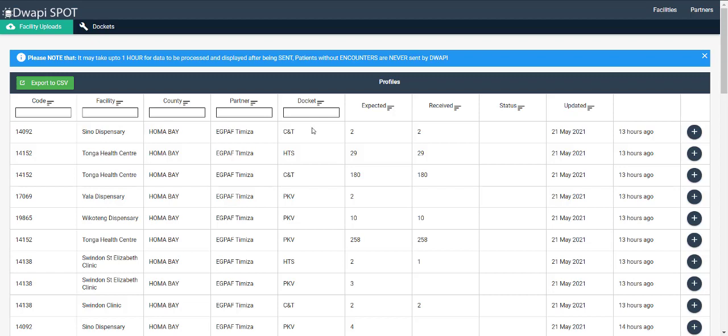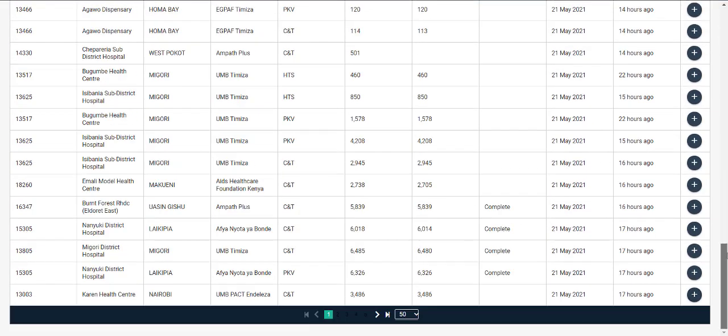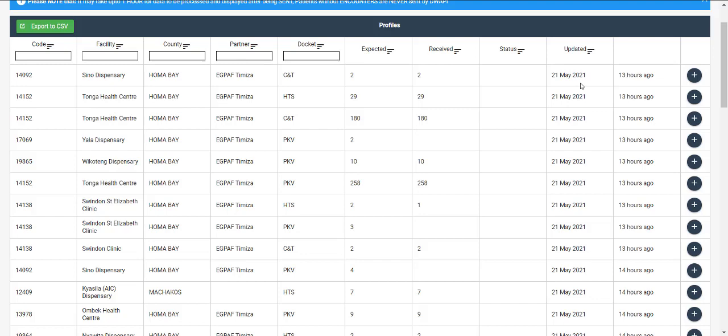You'll also be able to see the docket that you sent from DWAPI, whether it was care and treatment, HTS, or PKV. If you sent all 3, you will see the name of that facility 3 times, distributed into the various dockets: care and treatment, HTS, and PKV. You'll be able to see the data that is expected from the various dockets and whether all of them were received, and the status, whether it was complete, in progress, or incomplete. You'll also be able to see the date that data was uploaded,